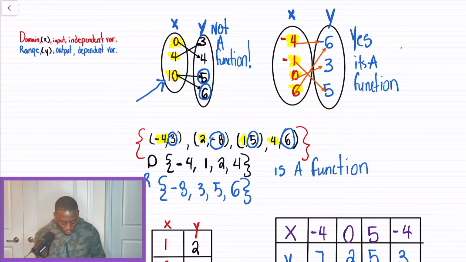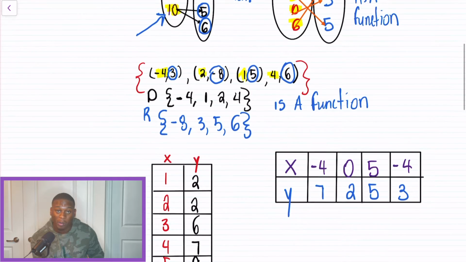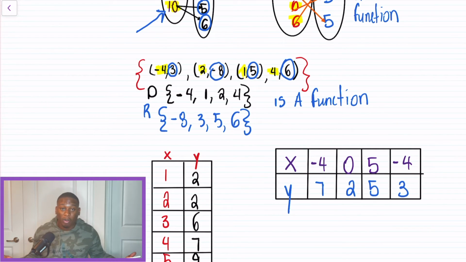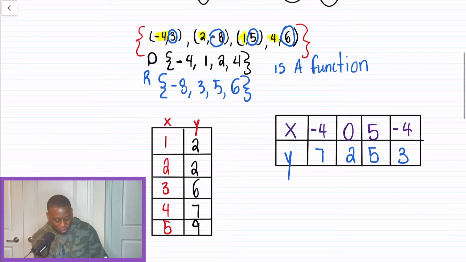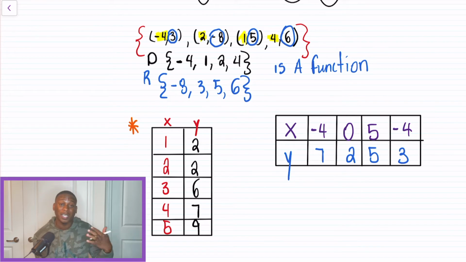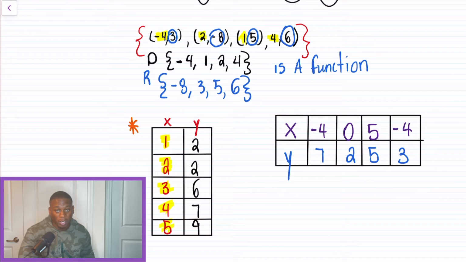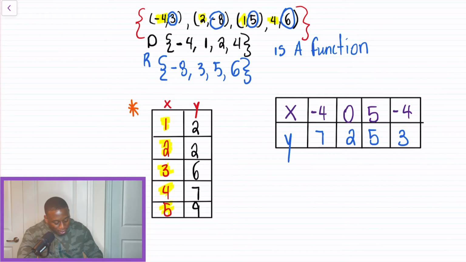All right. So now we're going to go down and we have a different type of diagram, because these are all different types of mapping diagrams to determine whether it is a function or not. But the rules still apply. So when I'm looking at this first one here, let's just put a star so we're on the same page. We see all our x's. And as I look at it real quick, guys, luckily for us, when they're in this type of mapping, they're usually already in order. So I'm not going to list this in order, but what we're going to do is just determine whether it's a function. And the funny thing is,